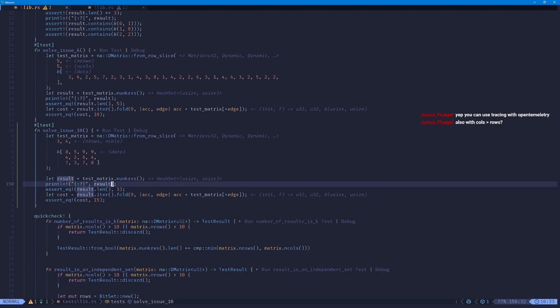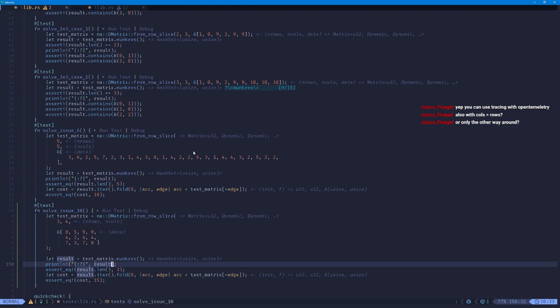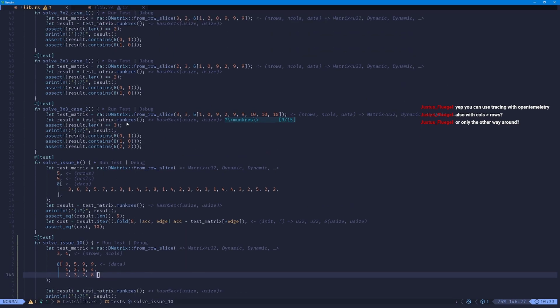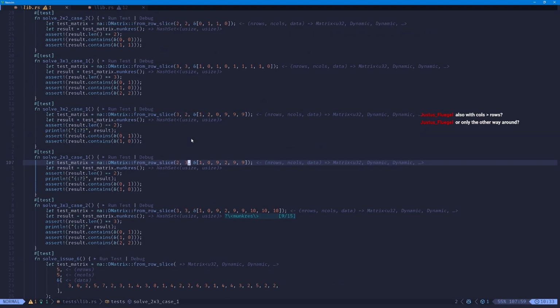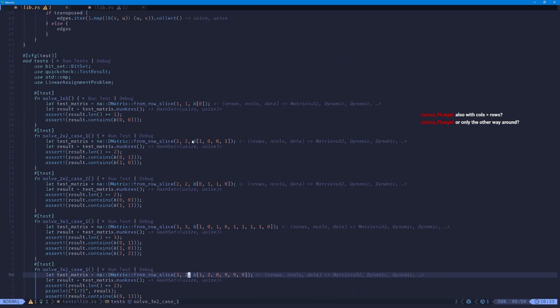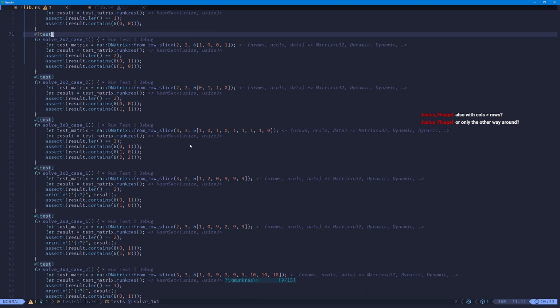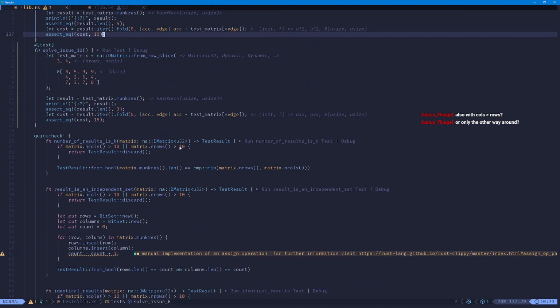With columns greater than rows? Yeah. Do we have that, or only the other way around? That's a question. Is it column, row? I think it's both ways. 3, 2, 1, 2, 3. And we even have a 1, 1 and a 2, 2. What about quick check? Are all of the